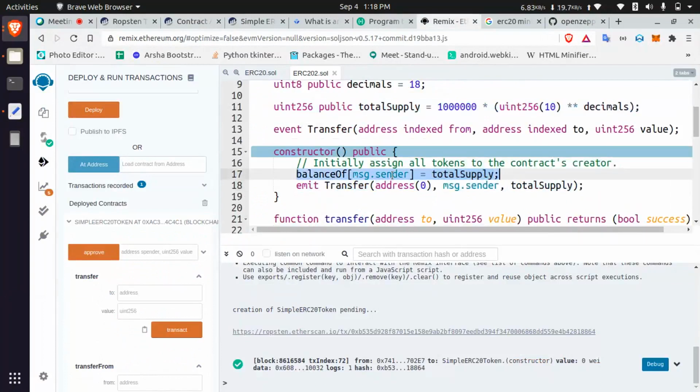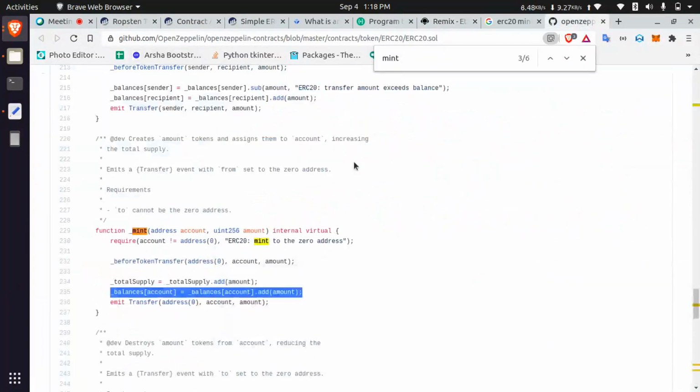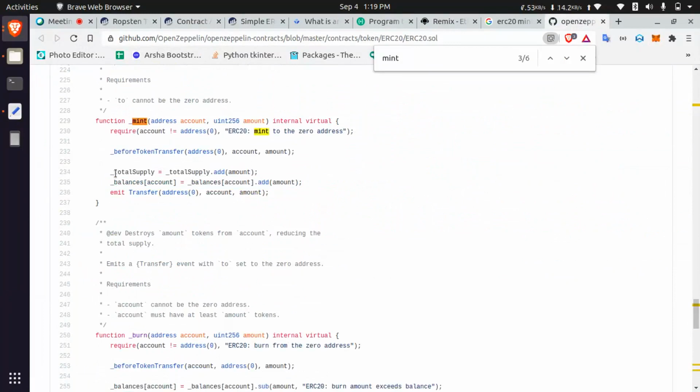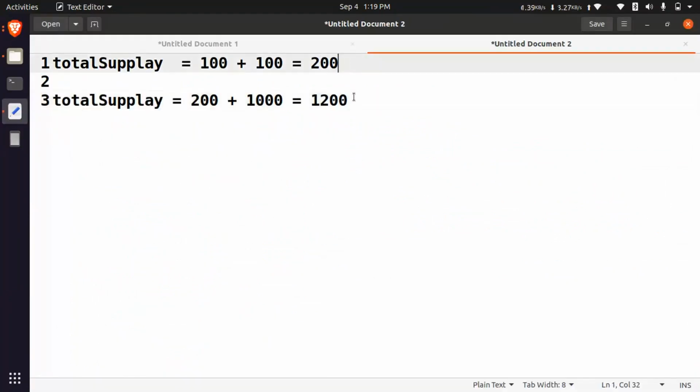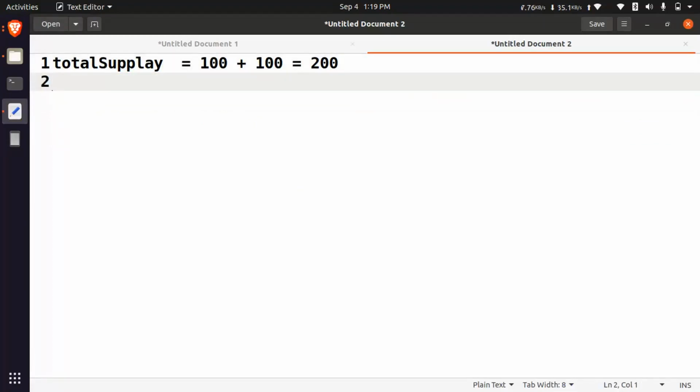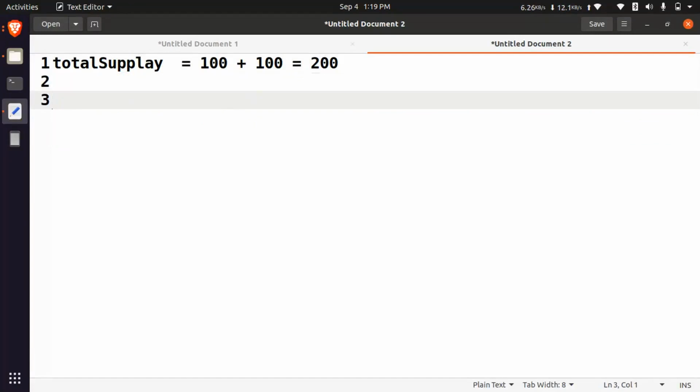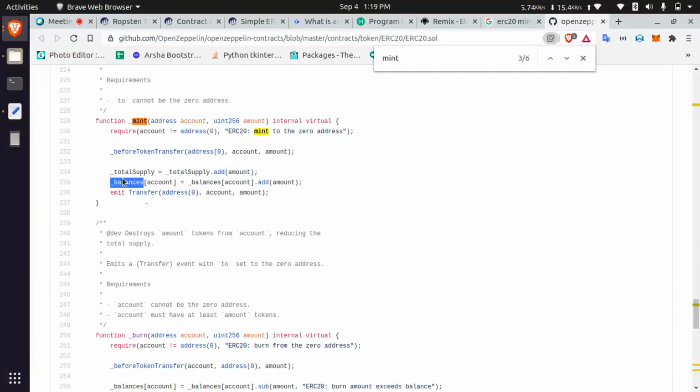So this count also will be set to some other person. Let's take this scenario: total supply increased, and then I need to increase that map. That map is balances, I think, in the contract.